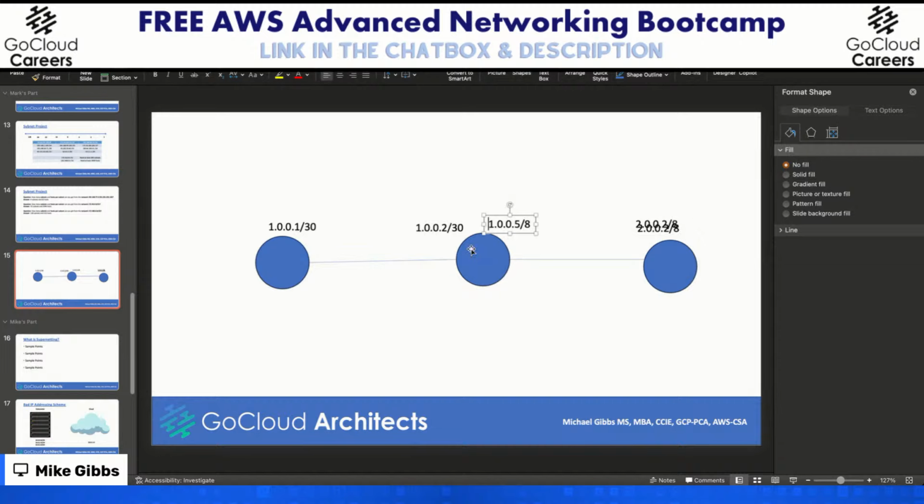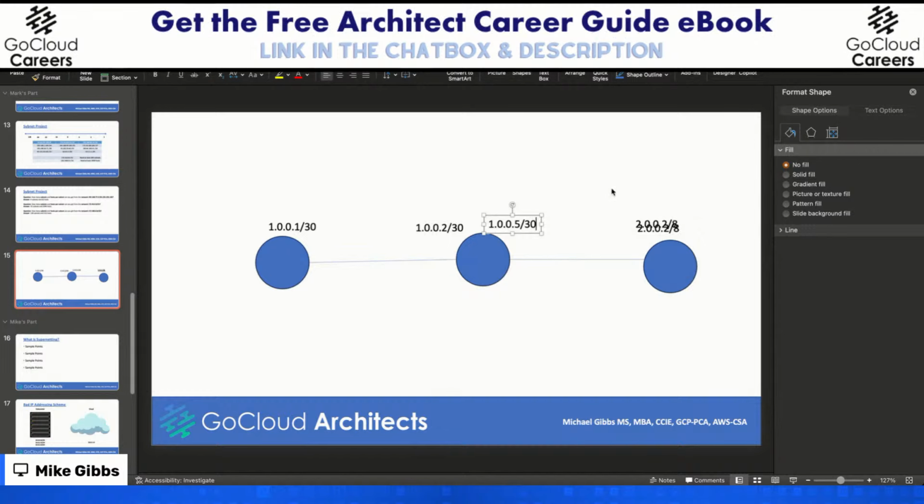And on the opposite side, let me just get rid of this because I cut and pasted one too many times. And then we have 1.0.0.6/30. What we did is we used a total of 8 IP addresses in the process versus the 2 to the 24th power on each side of the link. And that's why we must do this. It's all about maximally using our IP addresses.